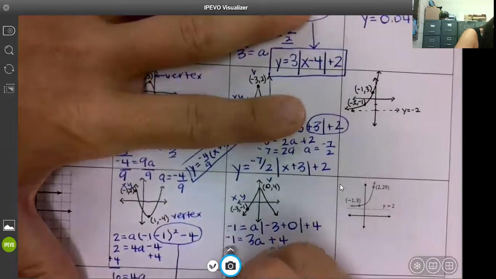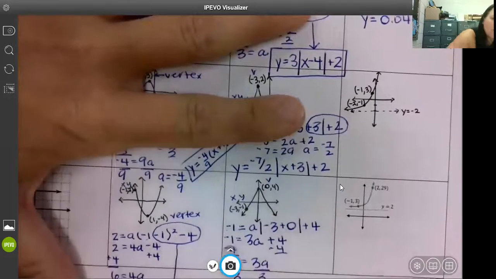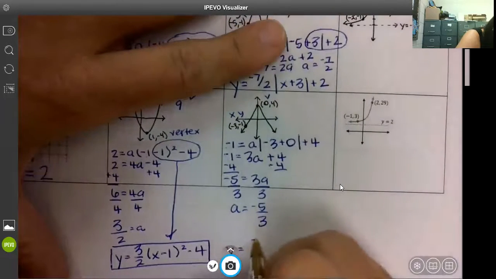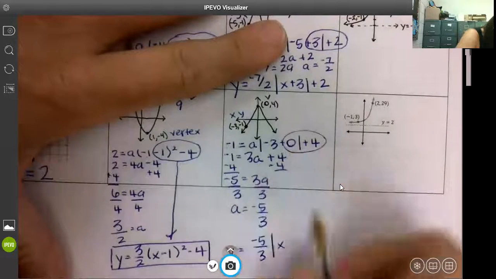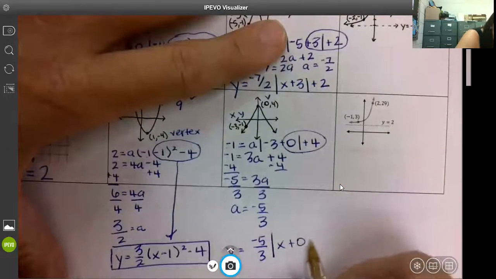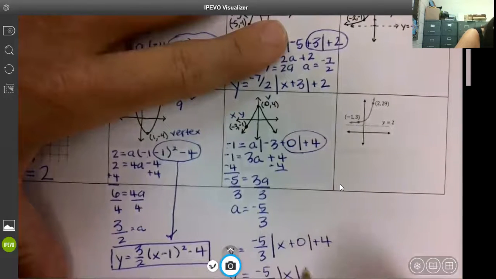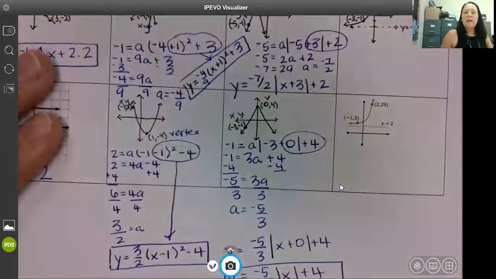Subtract your 4. You get -5 equals 3a. Divide by 3 and you get a equals -5/3, which you should because it's flipped over. Your final equation, y equals -5/3, absolute value of x. Finish it out with your +0 plus 4, or simplify it, -5/3, absolute value of x plus 4. And again, I'll show you those